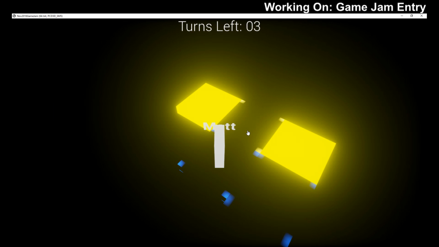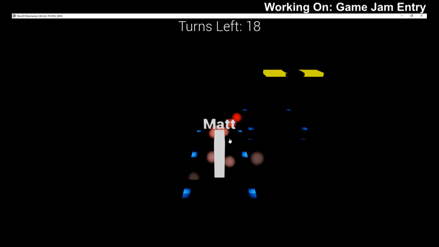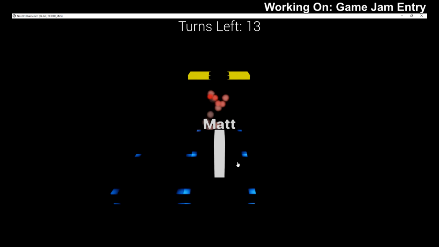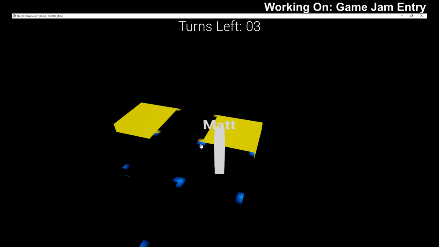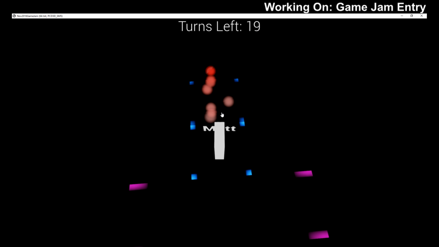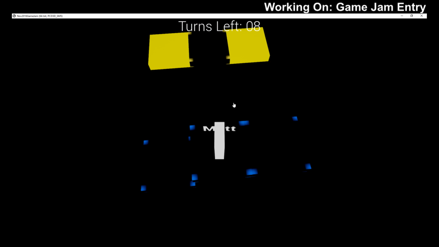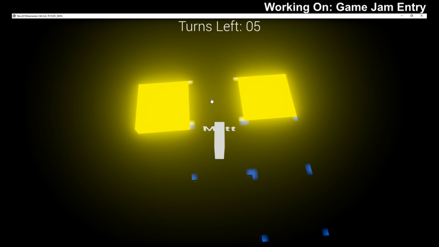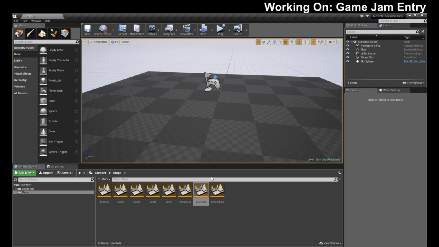I obviously know where I'm going. This is the bug I have. It's only on this level, and I have not figured it out yet. I will have to figure that out. It only comes up the first time I load it sometimes. And then we go to here. Yeah, look, I keep getting a game over when I'm obviously winning. There we go. And then when you win, you get an awesome "you win the game" screen, and the game quits.